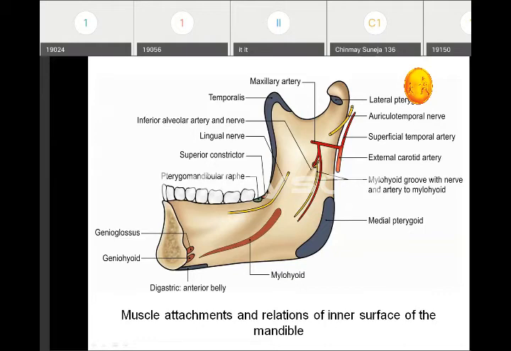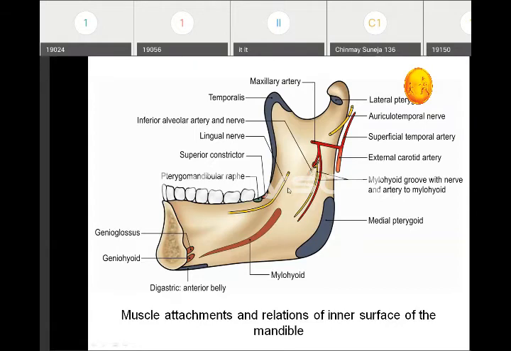it. Okay, so the condylar process on the inner aspect is related with the auriculotemporal nerve, and just behind the posterior border of the ramus, there is passage of the external carotid artery. So two of its branches are related with the mandible. One which is going above, that is the superficial temporal artery. This one. And this is the maxillary artery. The branch of the maxillary artery, which is the inferior alveolar artery along with the inferior alveolar nerve, will enter into the mandibular foramen and pass through the mandibular canal.